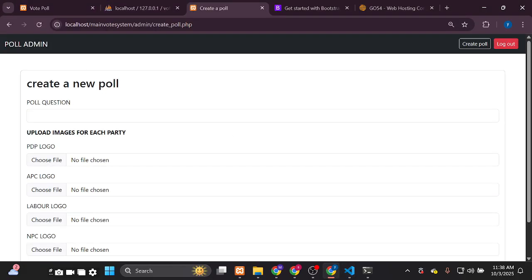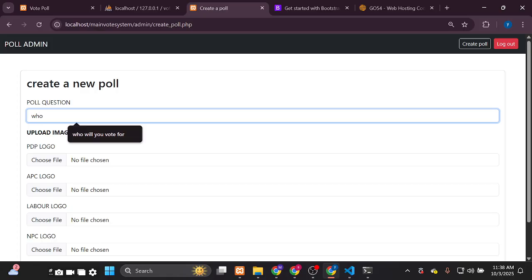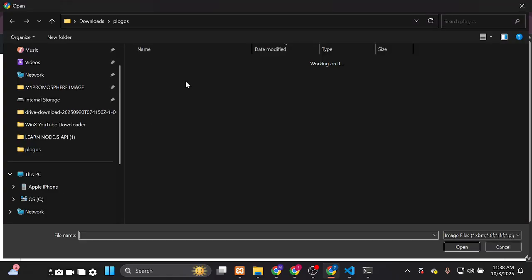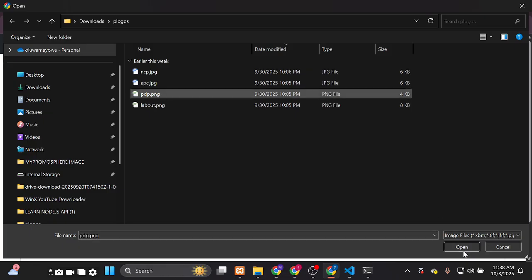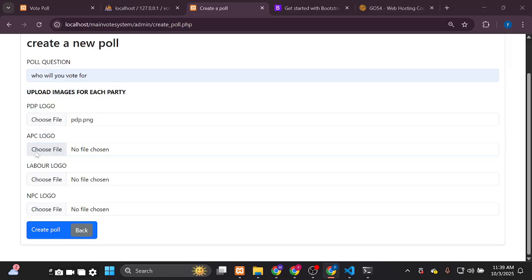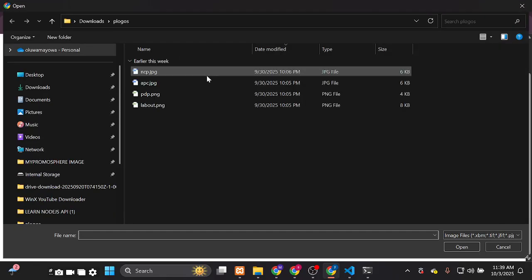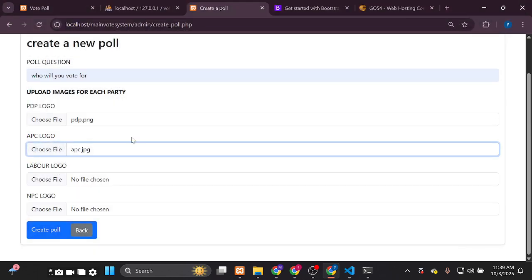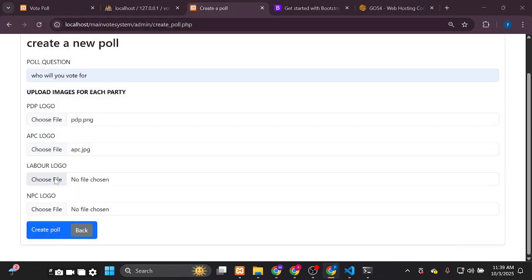Let's refresh. So say, who will you vote for? That's a poll question. I'll click on PDP, grabbing the PDP's image. I'll come here to grab the APC image. That's the current ruling party in Nigeria. I think APC has been ruling for a while. Labour Party. This party was